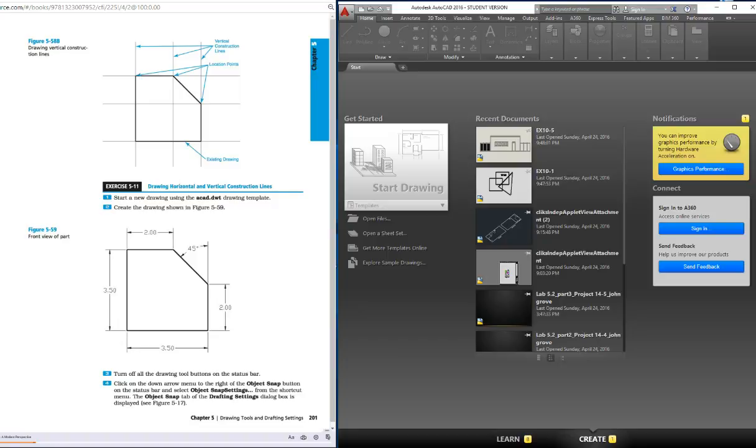Alright, this is Lab 1.1, Part 2, Exercise 5-11 for the CAD methods. It starts on page 201 in your book, and we're supposed to draw this orthographic shape. We're supposed to use a couple of different things to do this. So, just like exercises 1 and 2 that we've already done, we're going to start off with a new